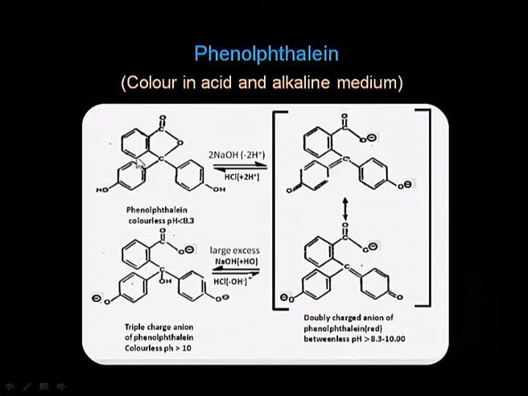Here you can see that this is phenolphthalein, an uncharged molecule in acidic medium, which does not have any color. So, it is a colorless phenolphthalein solution in acid, but as we add sodium hydroxide into it, there is formation of disodium salt. At these two positions, hydrogen is replaced and we get the disodium salt. This disodium salt of phenolphthalein is resonance stabilized, and you can see here that it has a quinoid structure also. So, phenolphthalein shows deep red or pinkish red color in alkaline solution.